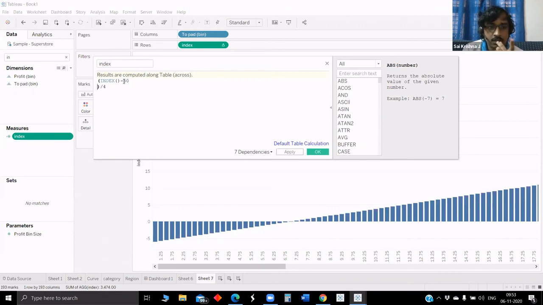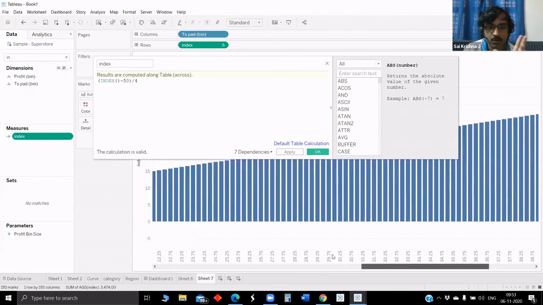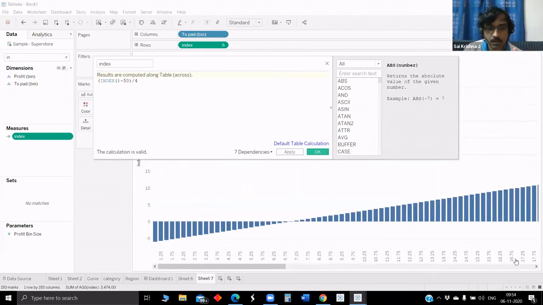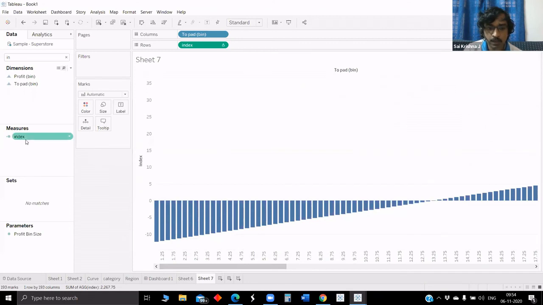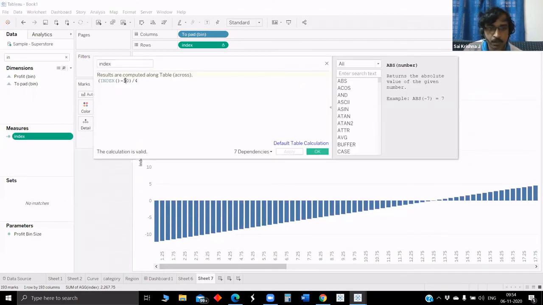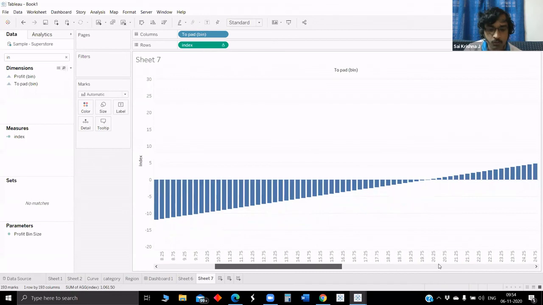But also, the index function that we're using, by design, gives values in intervals of 1. So I think that was why it was a perfect curve initially. When we use 0.25 or 0.5 intervals in our two pad bin, the curve is not as smooth as it was with the index.